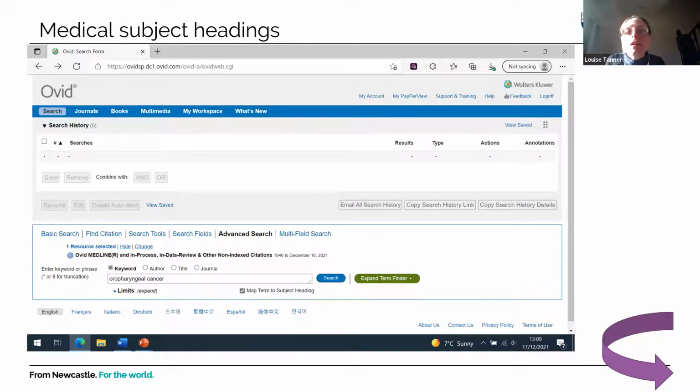And sometimes journals, in order to publish your review, will say that your search strategy has to be up to date: you have to have rerun your searches within a month of submitting it for publication. In which case, it's really helpful to have your search strategy already stored in the databases, because then you can just go back to the database and rerun the search, and the search results will include all of the studies that have been published since your previous searches. So I hope that answers your question.